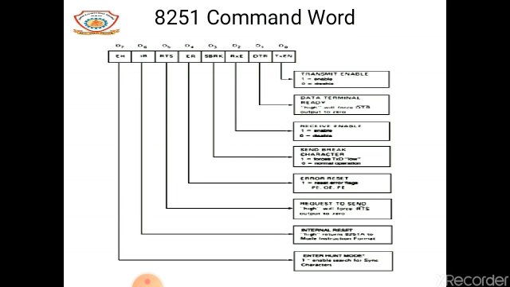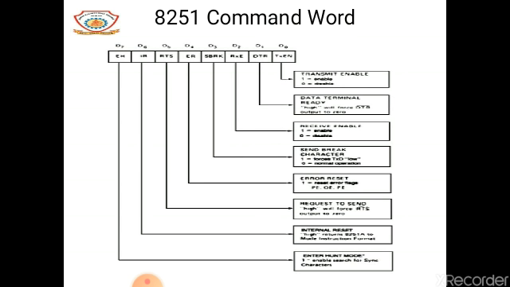At the bit position D2, receive enable, RXE. If we give bit 1 at this bit position then it is enabled, if we give 0 then this is disabled. Now we go to the bit position D3. At the bit position D3, this is SBRK, send break character. If we give 1 here then TXD is forced low, 0 normal operation. At the bit position D4, this is ER, error reset. If we give 1, reset error. If we give 0 then there is the error.